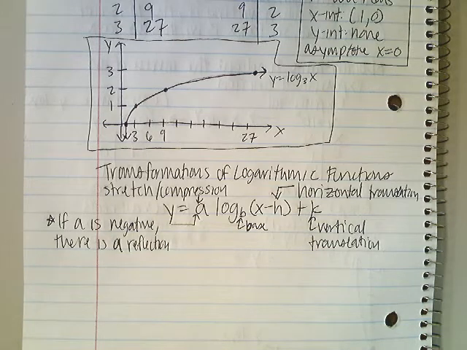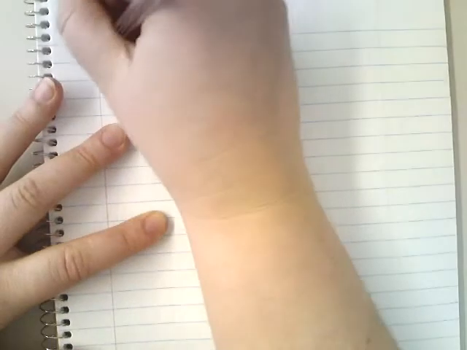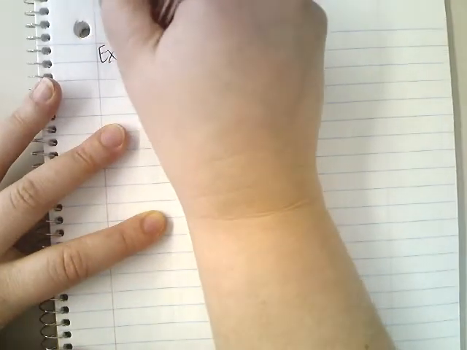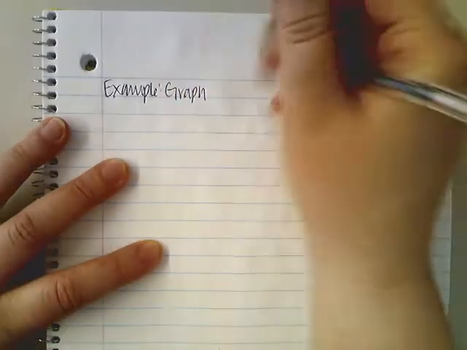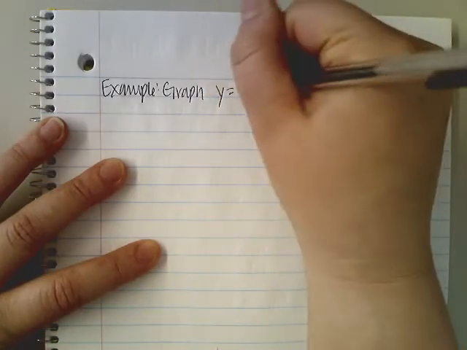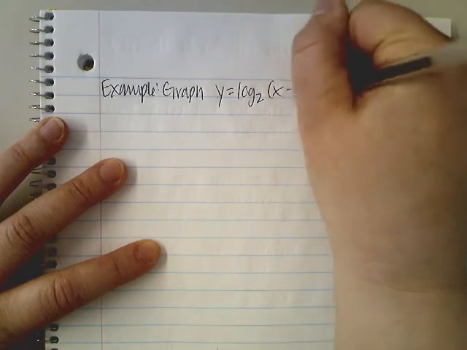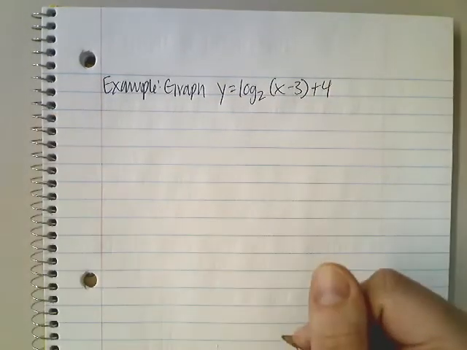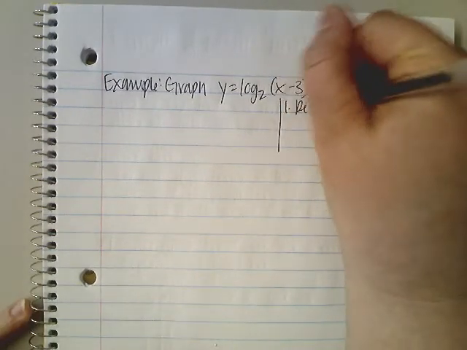The only other thing I want to do is a quick example on how to graph with transformations. So I'm going to flip the page. Last thing, I'll try to go through it super quick. But in this example, I just want us to graph y equals log base 2 of x minus 3, plus 4. So the main thing we're going to determine is the